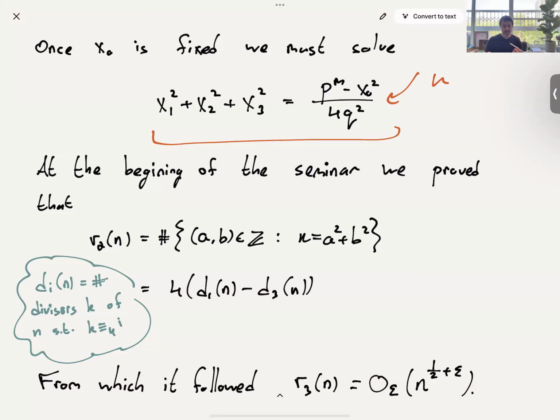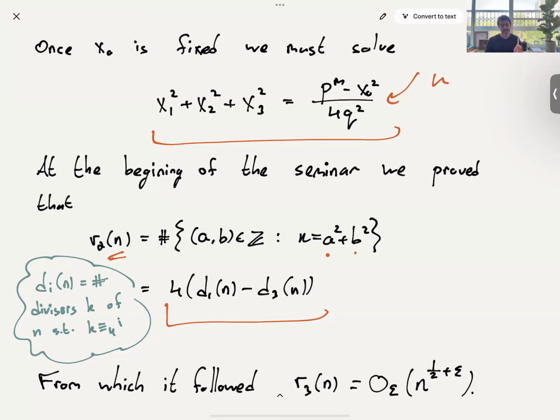But anyhow, during that, we proved that the number of solutions in the two cases, so R2 of n, how many integral solutions a and b there are such that a squared plus b squared equals a given n, is given by this very nice formula. It's 4 times d1 of n minus d3 of n, where d1 of n is how many divisors of n you have which are equal to 1 modulo 4, and d3 is the same, but with 3 modulo 4. It's a very, very elegant